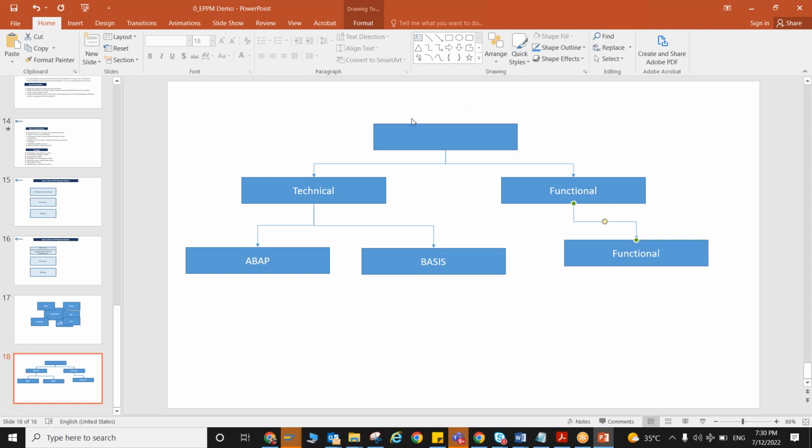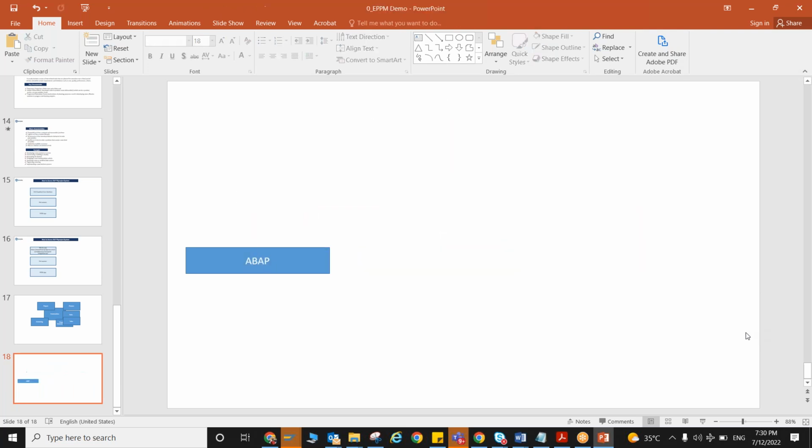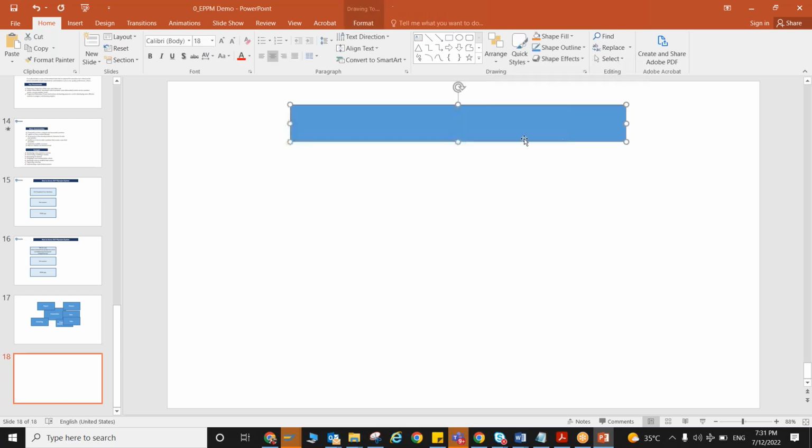Okay, so basically when we are going to start any project, we need to understand why we are executing this project and how we can execute this project. For that SAP has given different modules. So here SAP came up with the concept of enterprise asset management, EPPM,